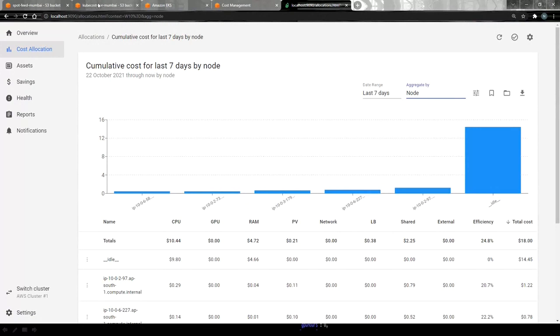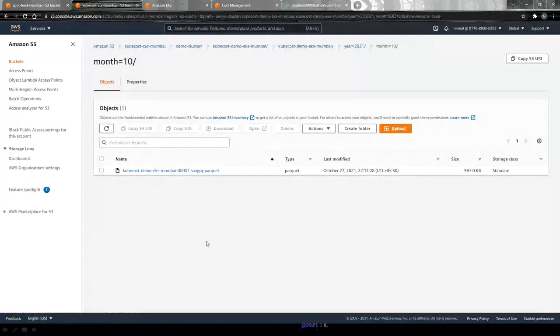The last point that I will mention is the KubeCost cost utilization report. Right. So if you see, I have specified this particular S3 bucket where KubeCost is uploading the cost utilization report over a periodic range. And the files in this S3 bucket contain the actual cost data based on multiple entities, like the number of nodes, the number of pods, as well as the number of containers that you are running.